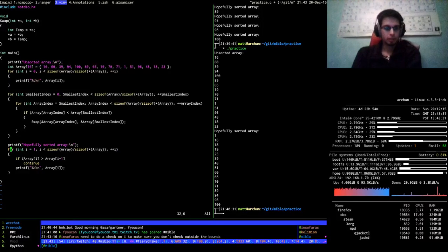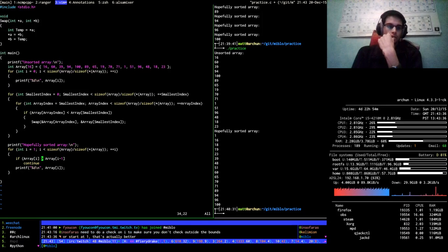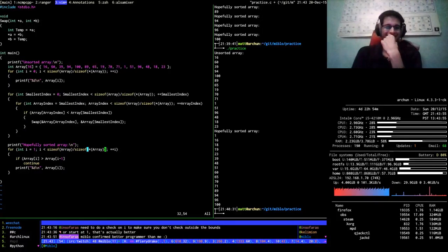Okay. I'm only iterating though. Yeah, true. Well, hang on. Oh, yeah, starting at 1. If I start at 1, it's going to iterate up to the size of it. Start at 1. If that is greater than that, then we continue. I presume that's how you do that.